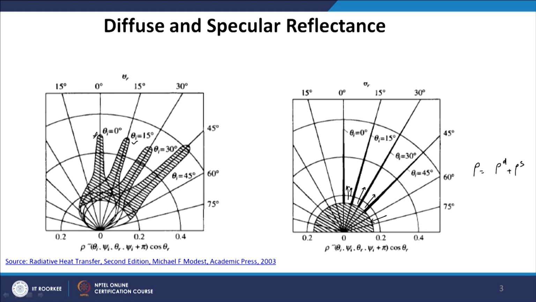So, there is no continuous variation of this versus theta, only we have a specular reflection at theta equal to 0 degree, 15 degree, 30 degree, 45 degree and so on. But between 0 and 15 degree there is no specular reflection. There is a diffuse reflection between 0 and 15 degree, but there is no specular reflection. This simplification we have to do if we want to solve this problem analytically.